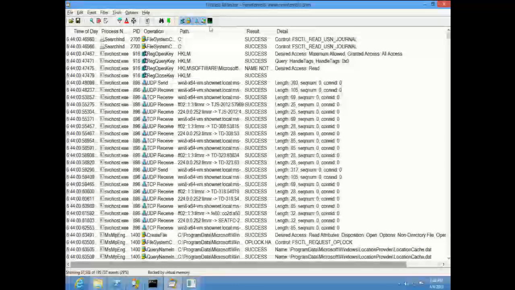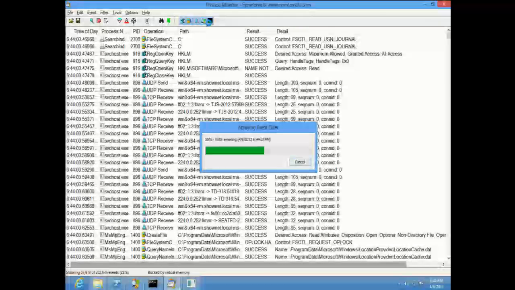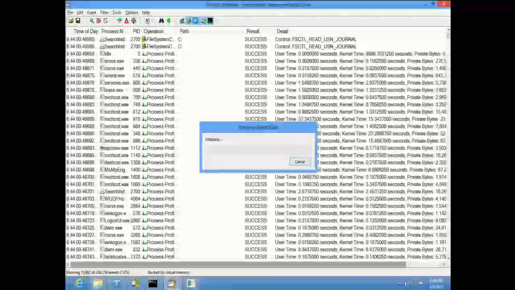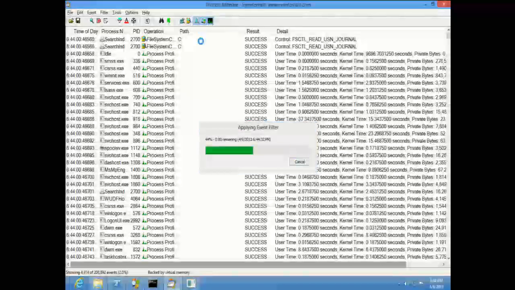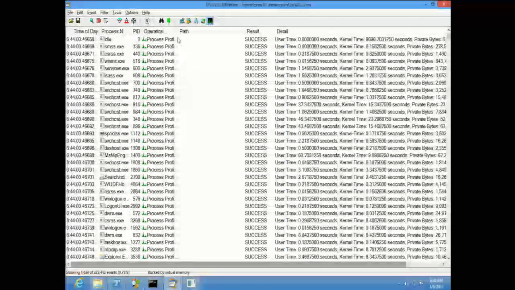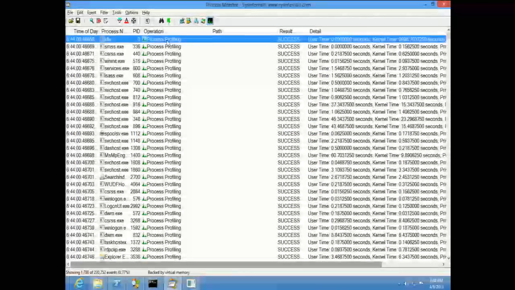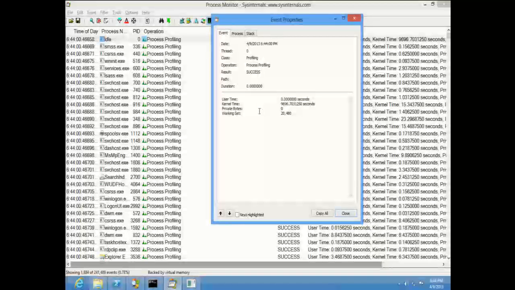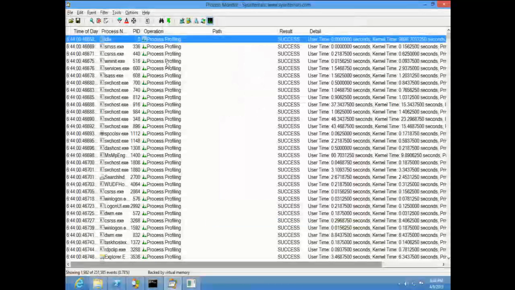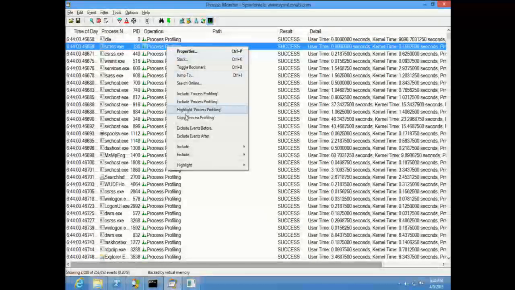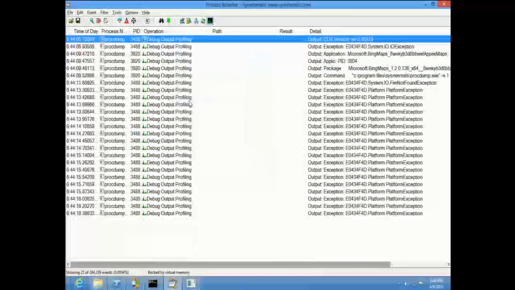And it's actually turning up in something that's normally hidden, profiling events. Profiling events normally show you Procmon-generated events that show the state of the process and all the data that's accumulated. If you hide those, though, exclude process profiling, now you get the debug output profiling. This is the stuff that's being sent from the application.